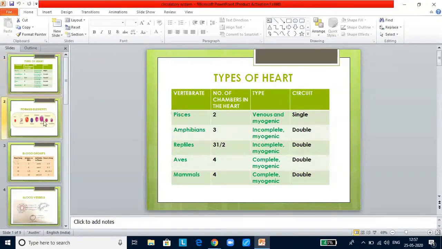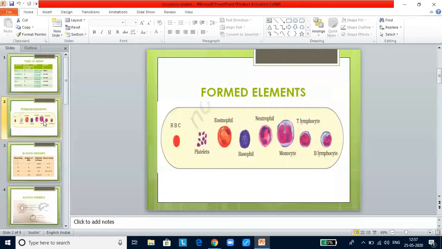Blood is the most commonly used fluid by most of the organisms, including humans, for this purpose, and lymph is used for certain substances. Now let us look at the composition of the blood. Blood is a special connective tissue with a matrix called plasma. Plasma is a colored fluid constituting about 55% of the blood.